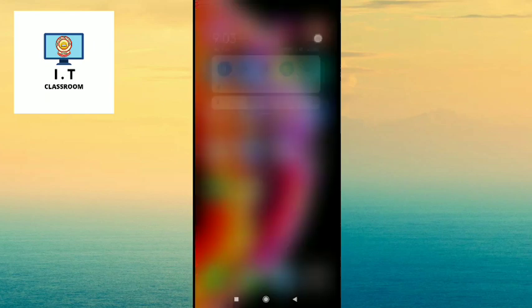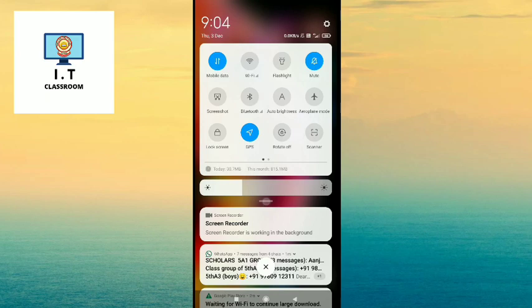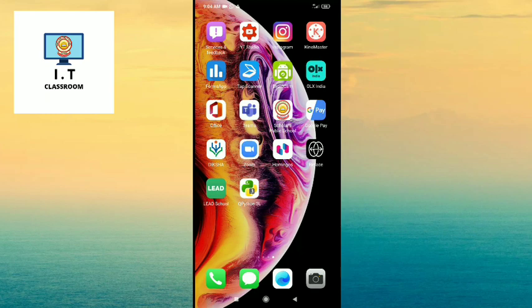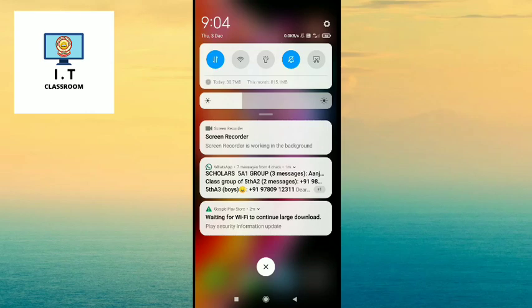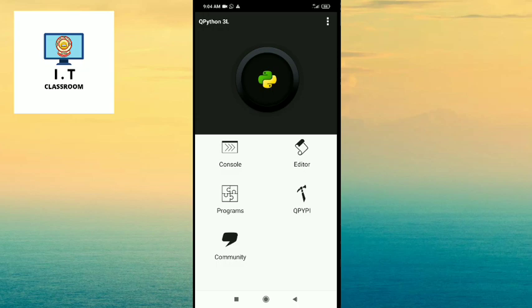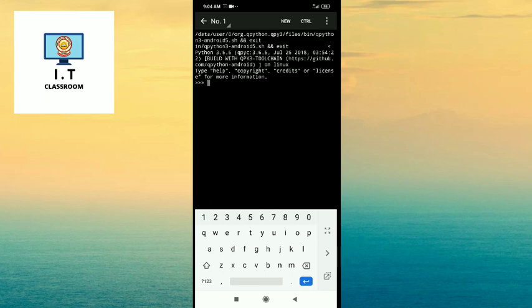Students, in today's session, I am going to tell you about QPython. QPython is the Python engine for the Android and you can install it from the Play Store. As I have already installed this app in my Android phone. It contains some amazing features such as Python interpreter, runtime environment, editor, QPy, SL4A library. It makes it easy for you to use Python on the Android and it's free.